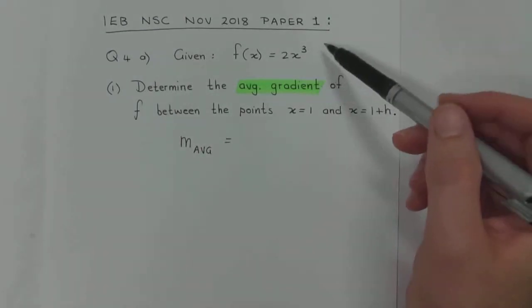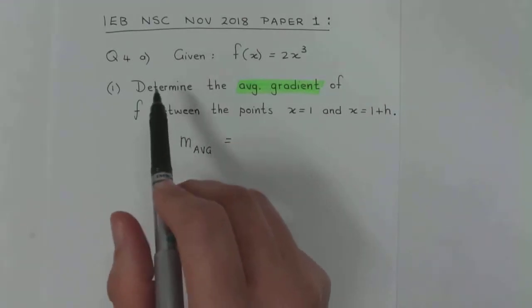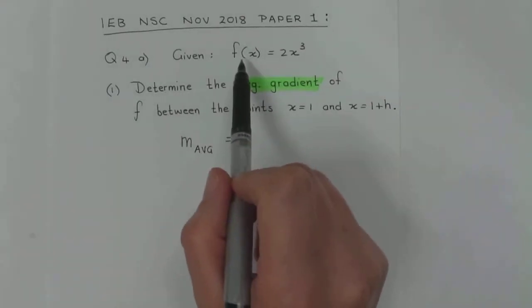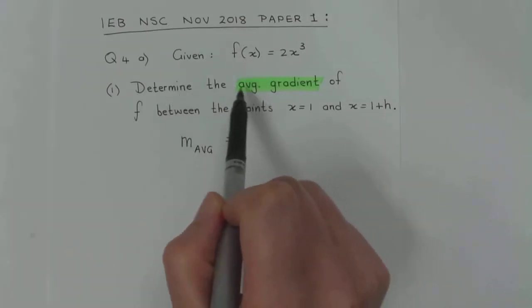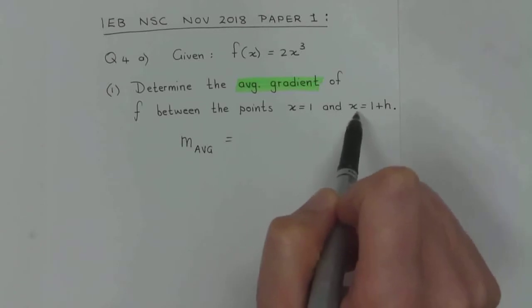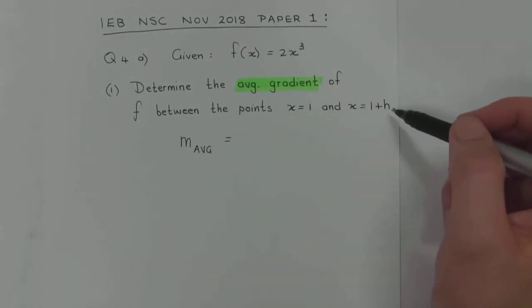So they gave you the function f(x) is equal to 2x cubed. So that's your function. And now, instead of asking using first principles to determine the first derivative right there, they say determine the average gradient of f between the points x equal to 1 and x equal to 1 plus h. Now, this is actually supposed to be a very simple question, because in the very first video that I did,